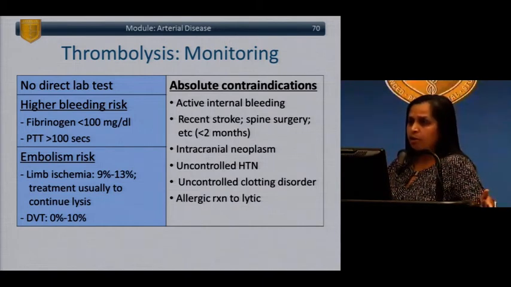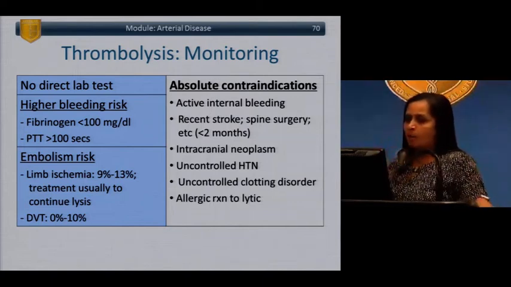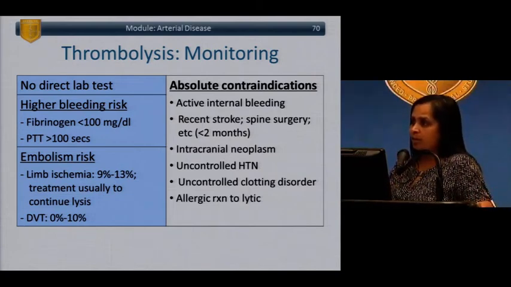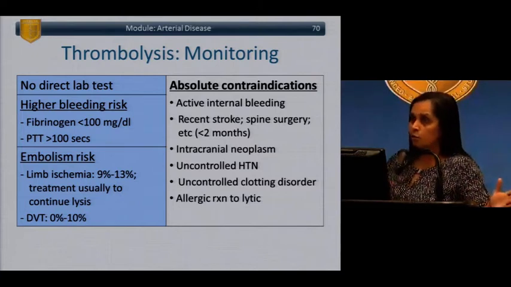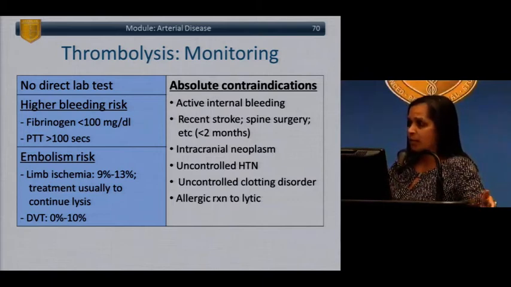In terms of monitoring after thrombolysis, we monitor fibrinogen and PTT, and when the fibrinogen is less than 100 milligrams per deciliter, there's a higher bleeding risk. Often we'll hold the TPA or stop it. There's some risk of embolization with TPA, and this often occurs at some point during the treatment. The treatment's usually to continue doing the lysis, and eventually that portion of the clot is also addressed with the